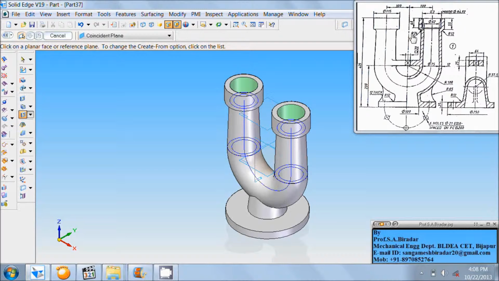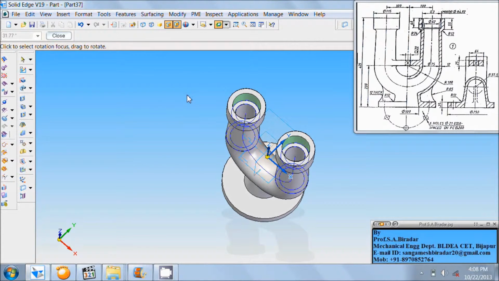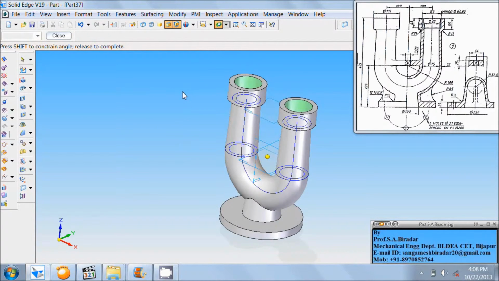Here is a round of R24, so rotate in this way, right click of the mouse, use round command, select this edge, again this edge, enter radius as 24, press the enter button of keyboard 3 times, again rotate in this way.